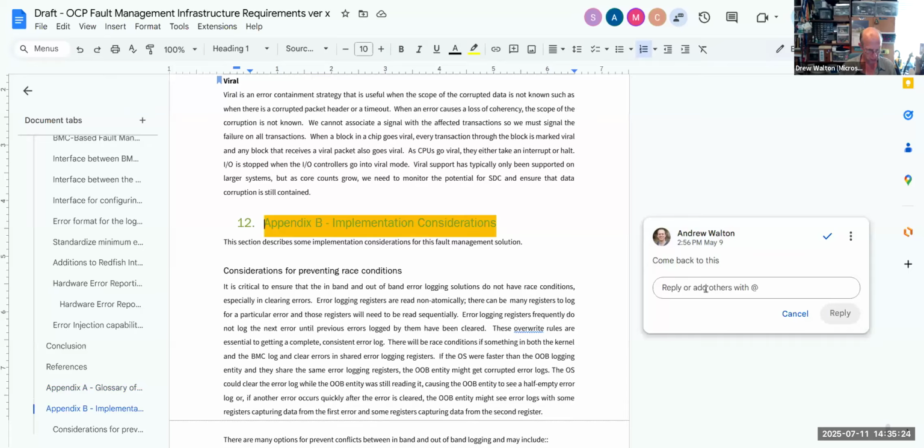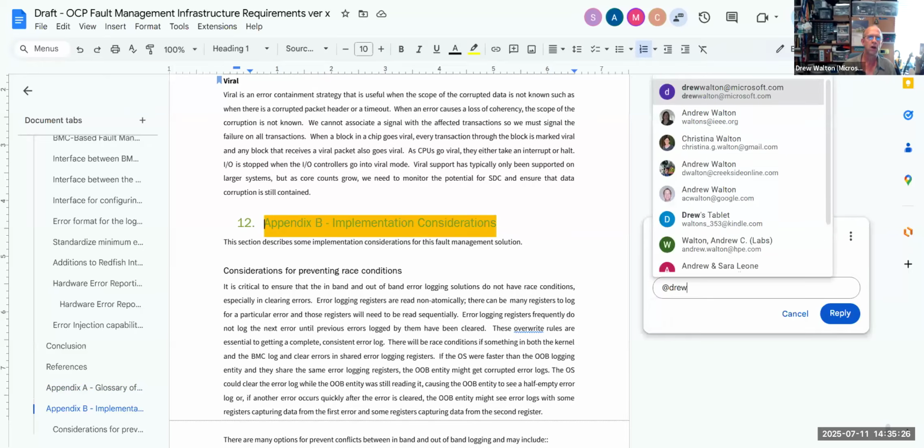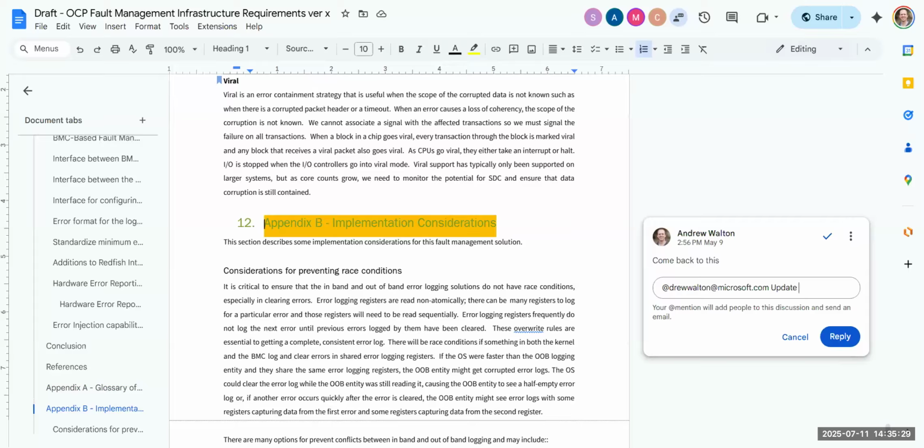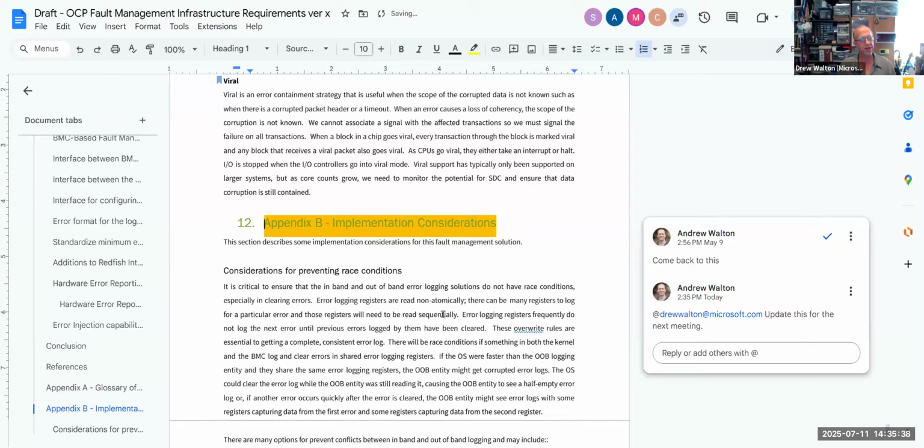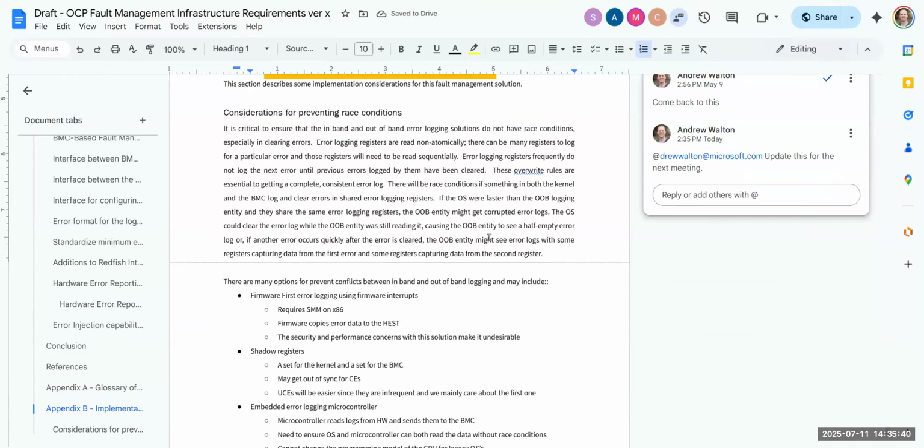I mean, we have a few minutes. We can just all collectively read through and clean up right now. It's not a very big section. Yeah. Okay. Let's look at it. Andrew, sorry.